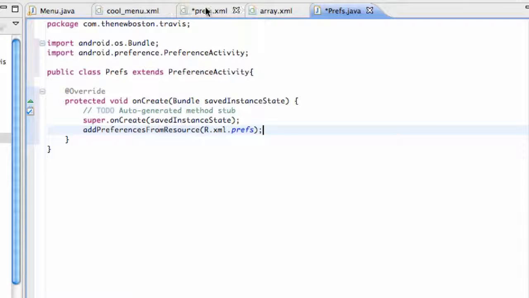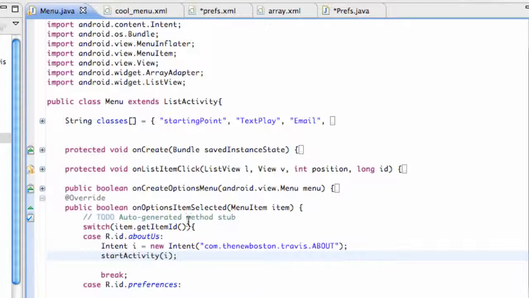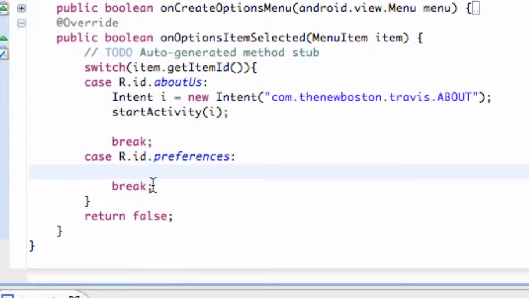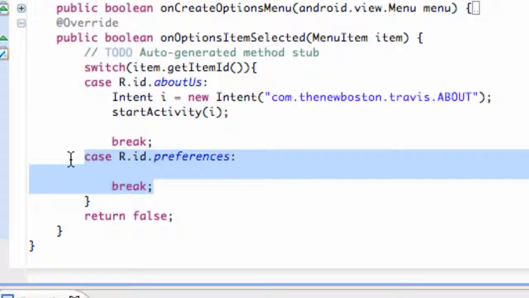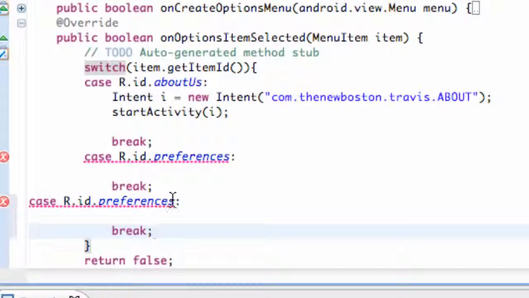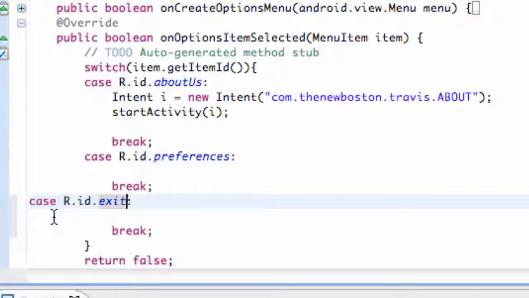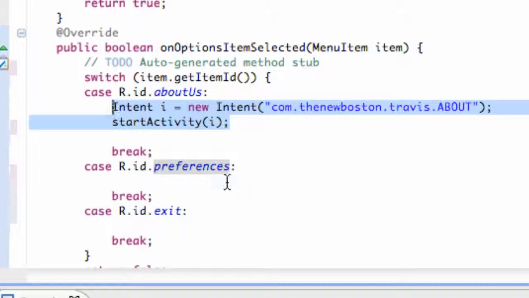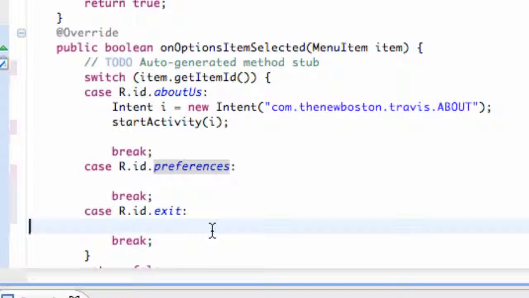So what we're going to do is go back into our menu class where we set up our menu inflator and our menu options, and we have this one if the preferences was clicked. I'm also going to copy this real quickly and paste it, since I added that other item, I'm sorry, which was called exit. So there we go, Control Shift format, and now what we're going to do is set up a new intent that's going to open our preferences, and also our exit, which is going to just finish